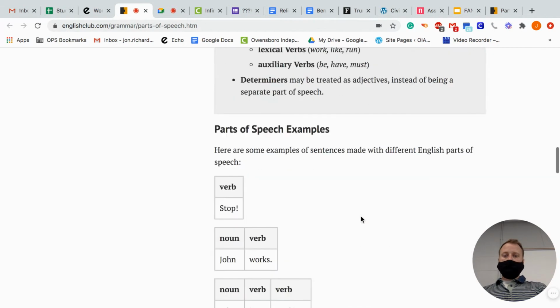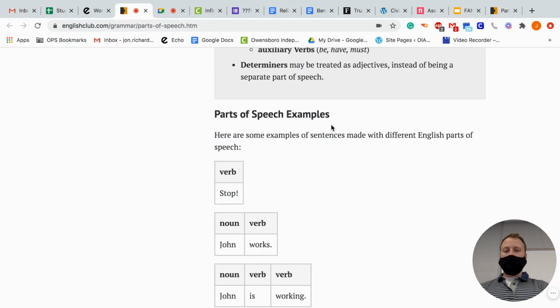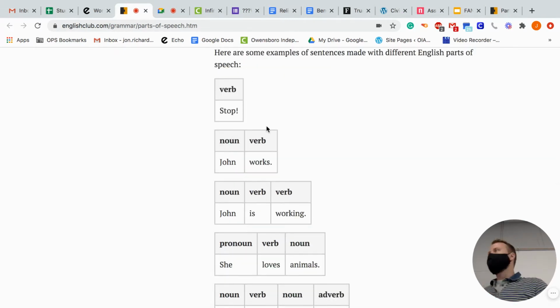Now, as far as parts of speech go, here are some samples of sentences made from different parts of English. So this is what you need for a sentence. Now, you have these rare sentences where you just have a verb, which is kind of like a directive, like saying stop, okay? But what you really need is a noun and a verb. In these directives, like one-word sentences, the noun is assumed, okay? So if I'm yelling stop, the noun is anyone that hears me, okay? Or if I say go, it's whoever I'm talking to, okay?